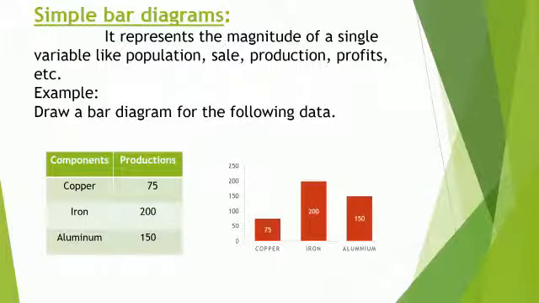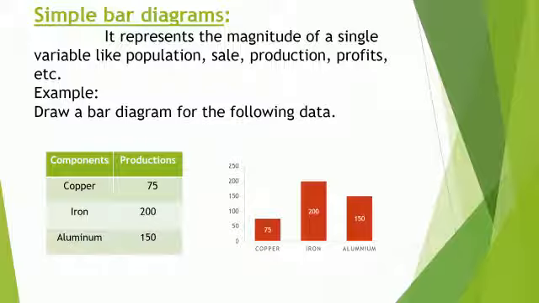Simple bar diagram. It represents the magnitude of a single variable. It can be on either a horizontal or vertical base, but bars on a horizontal base are more common. Bars must be of uniform width and the intervening space between bars must be equal. While constructing a simple bar diagram, the scale is determined on the basis of the highest value in the series. All bar diagrams represent only individual data.